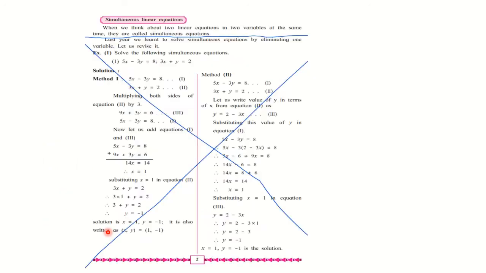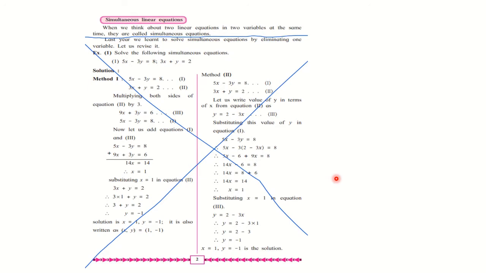Let us go further. So as I have said here, two methods. This is method 1 and this is method 2, which you have studied in 9th standard. This is method by equating coefficients, also called as elimination method, and this is substitution method. But now this year questions based on these two methods will not be asked. But still these methods are important and you should know them because you need them in word problems.